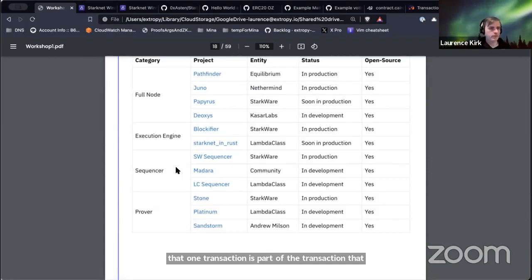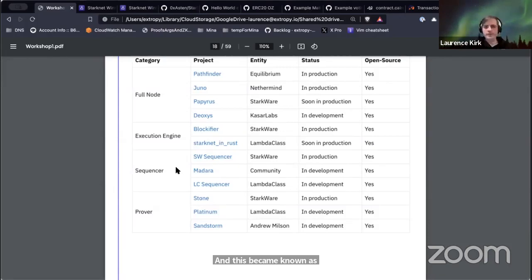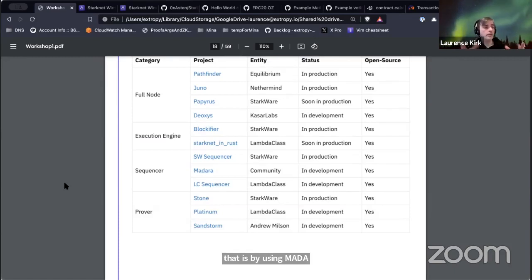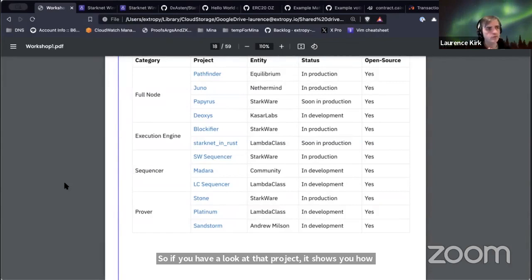And this became known as fractal scaling. And people thought you could have layer three and layer four, etc. Now, I won't go into the pros and cons of all that, but people are starting to build layer threes, and one way to do that is by using Madara. So if you have a look at that project, it shows you how to spin up a layer three. And the reason you might want to do this is that